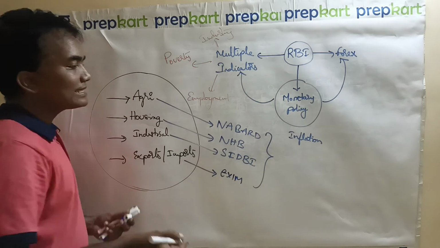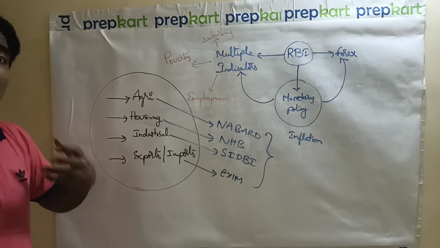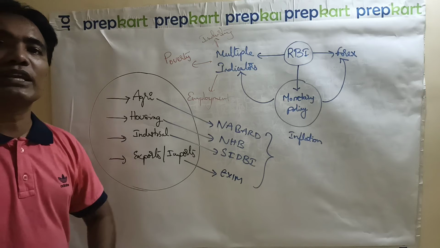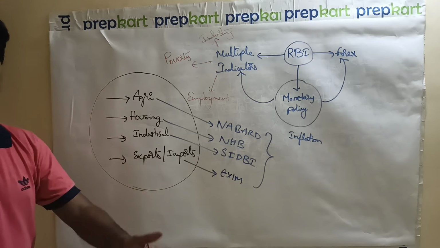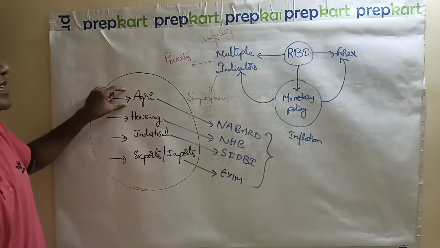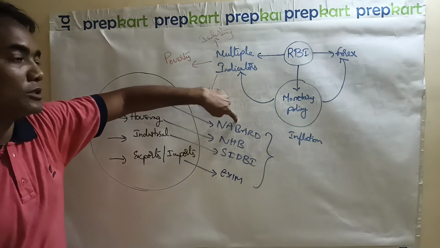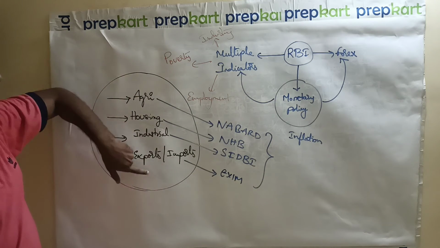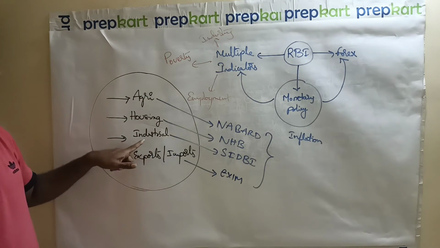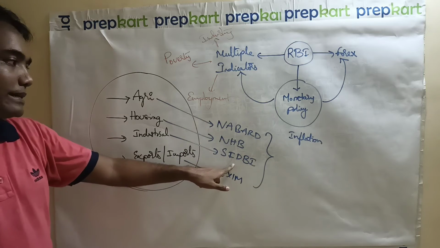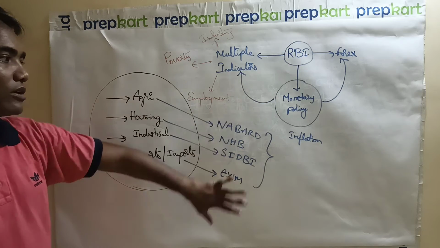As they are sharing the burden with respect to agriculture, housing, industrial, their functioning is specialized, their functioning is limited. Exclusively they are supposed to take care of the agriculture segment only. The burden on RBI is reduced. That is the responsibility of NABARD. With respect to exports and imports, the burden on RBI is reduced by the Exim Bank. The burden of industrial development is reduced by SIDBI. The burden of housing loans is reduced by NHB. So all these are called